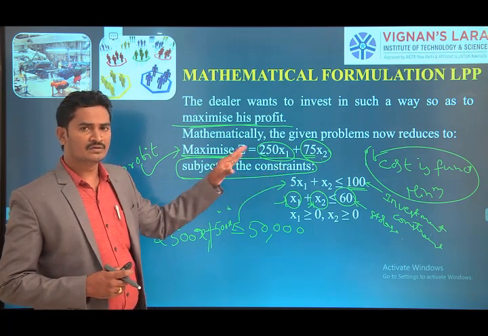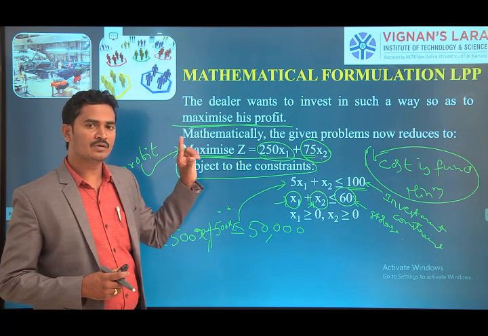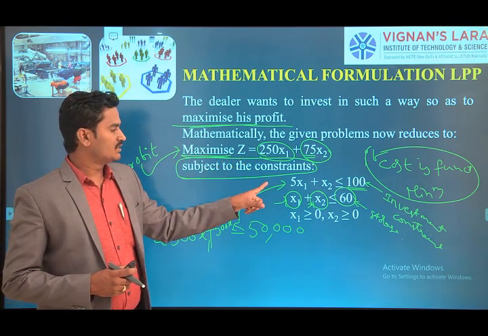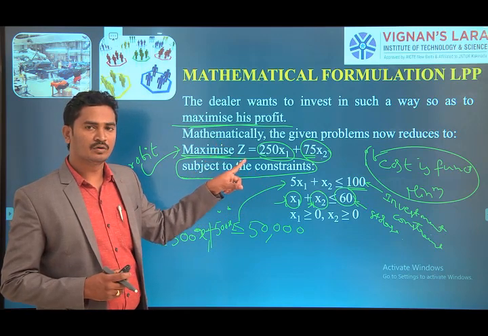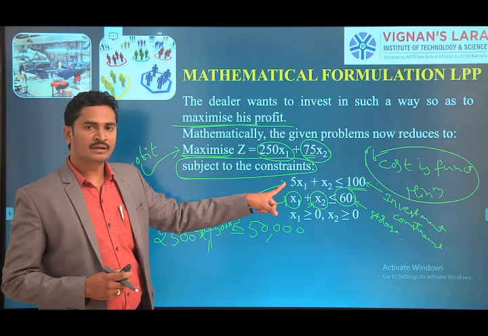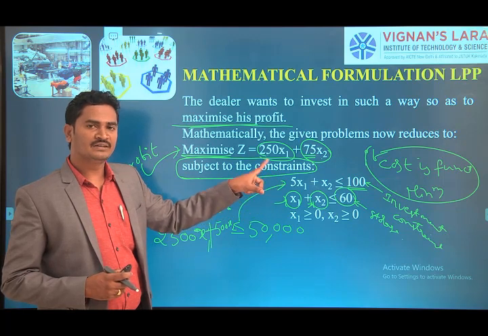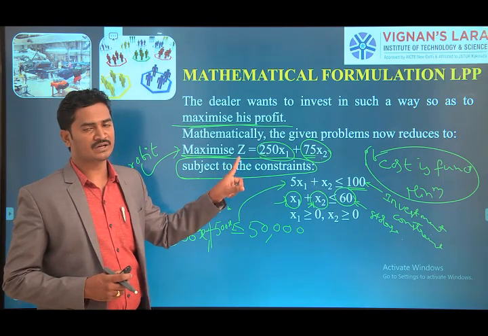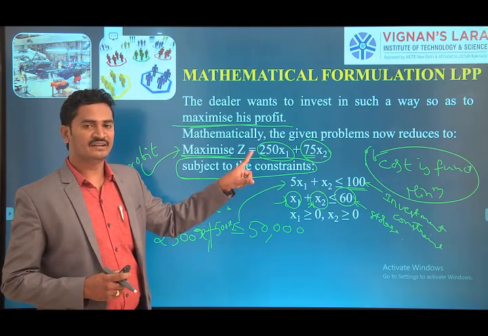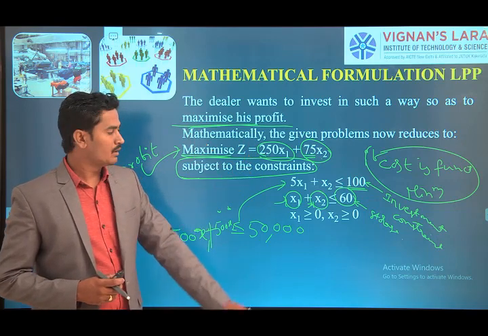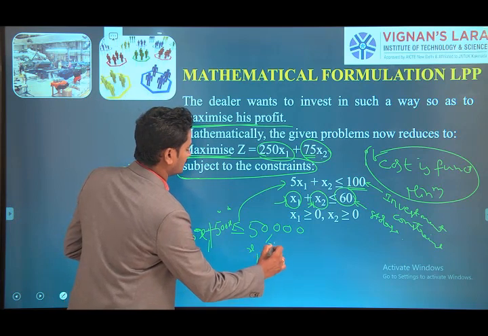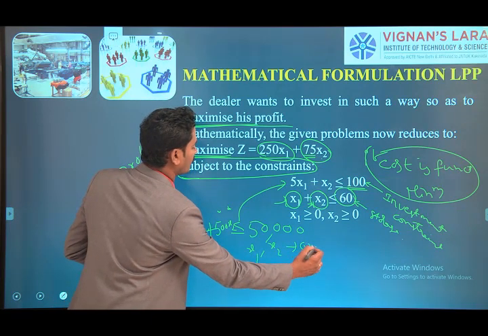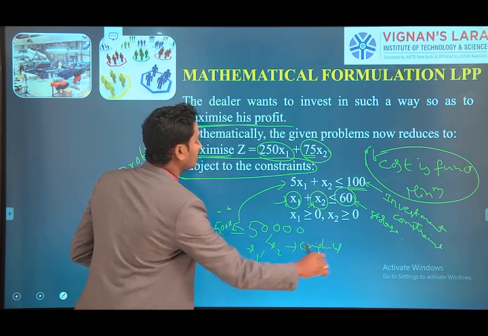Here, what are the rules for the graphical method? First, we have to check the decision variables. If the decision variables are less than or equal to 2, we simply apply the graphical method, as it is applicable for only two variables. If it exceeds, we go for another model. Here we have only 2 decision variables, x1 and x2. That's why we choose the graphical method for solving this problem.